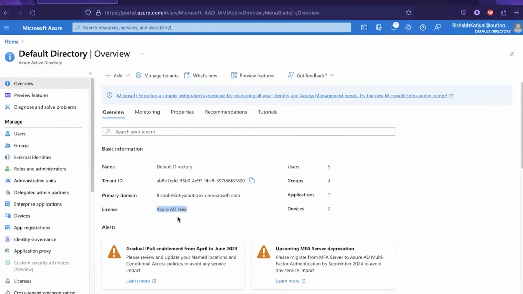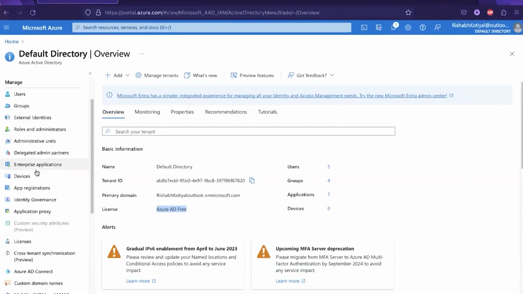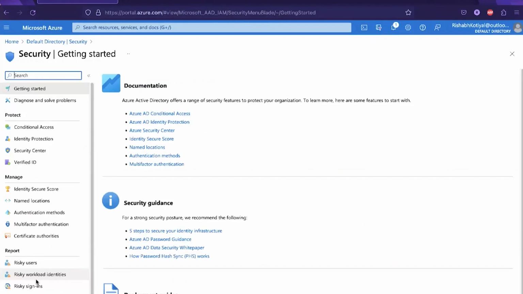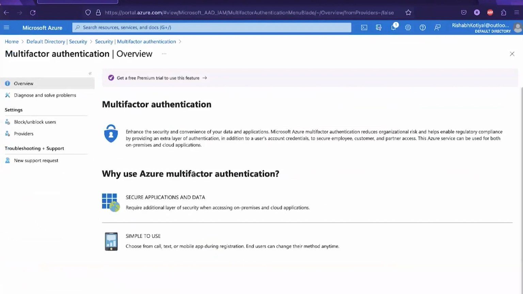With this free license, it is not going to allow me to do a lot of things. I will show you a subtle difference. I will go under the security section, to the multi-factor authentication part, and you will see something like this, right?